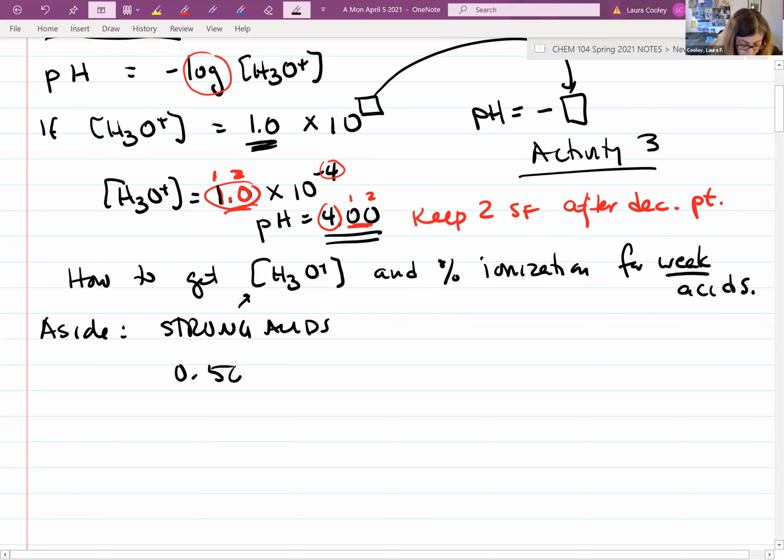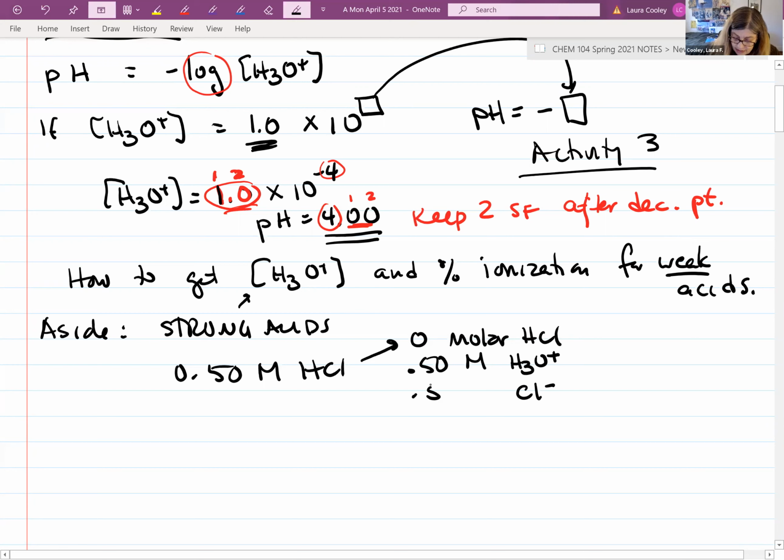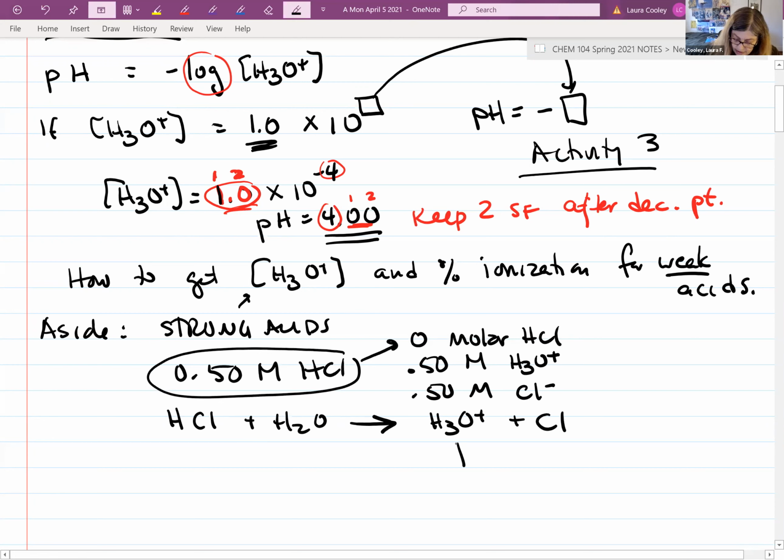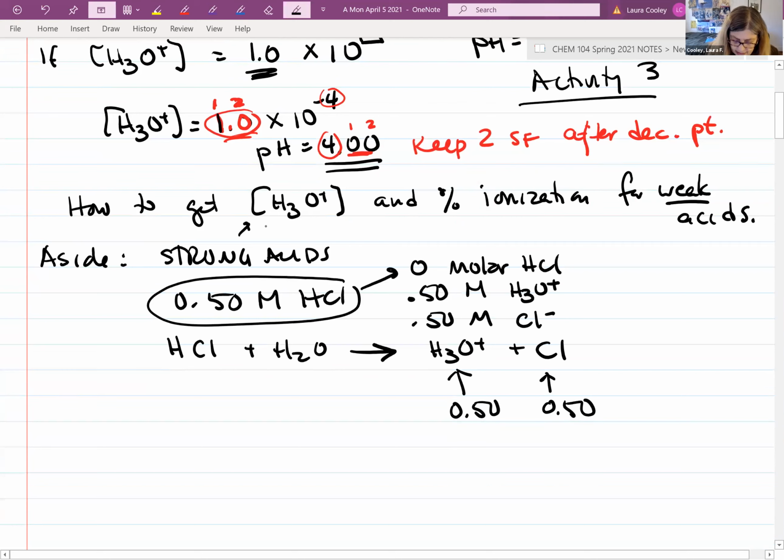Suppose you have 0.50 molar HCl. That's actually 0 molar of HCl molecules, 0.50 molar H3O+, and of course Cl-. And that's because for strong acids, this reaction goes totally to the right. So a one-way arrow gives you H3O+ and Cl-. And whatever the concentration you started with, that's what you have here. So it's easy to get the concentration of H3O+ for a strong acid because it's a one-way arrow. There is no equilibrium